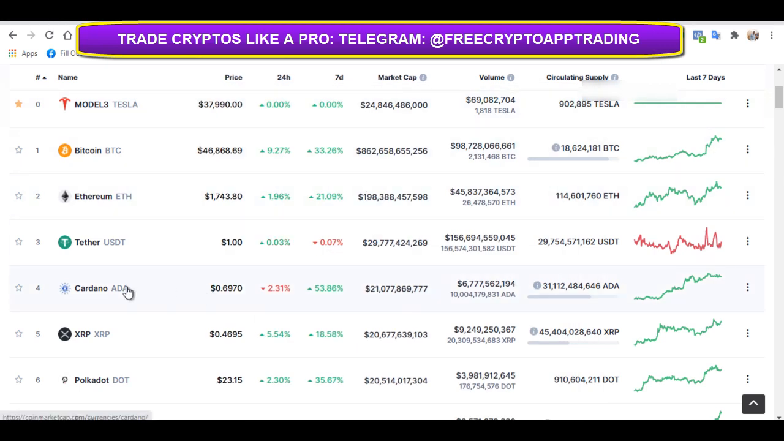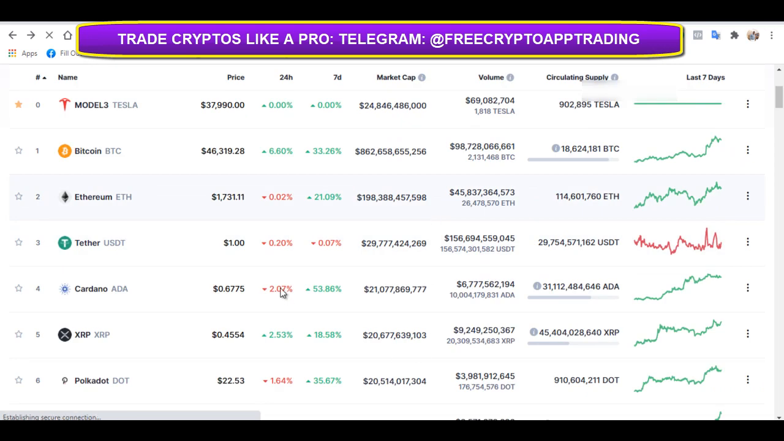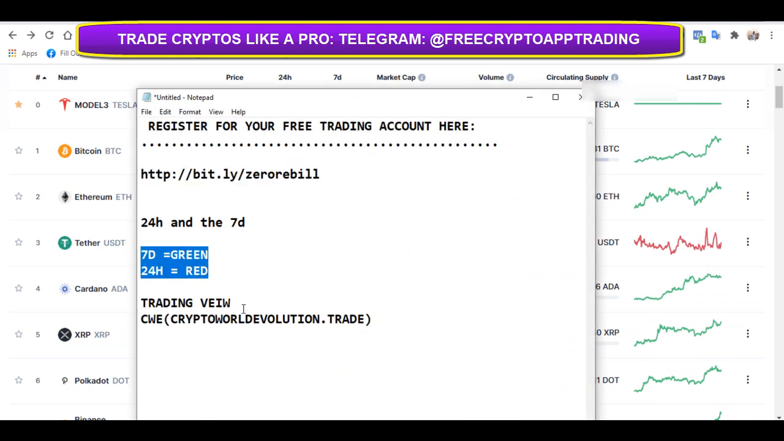Now look at ADA. It was green in the last 7 days, but red in the last 24 hours. Does it match with the criteria? Let's give it a look. Let's try. Let's see what happens. Remember, after this, we go to TradingView, right? So now,